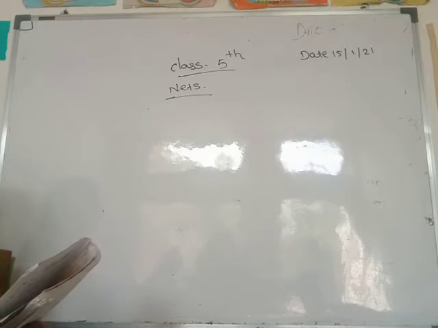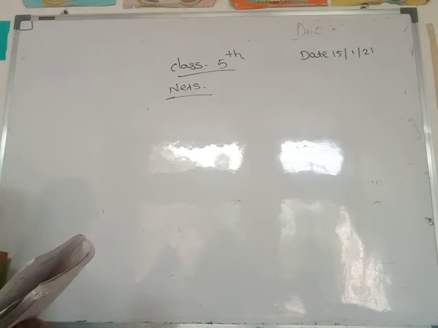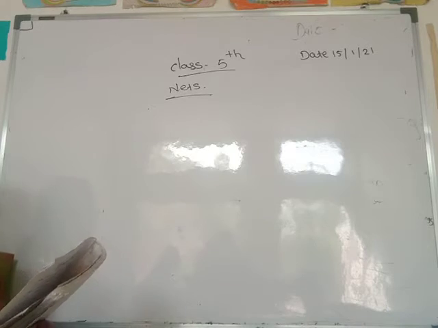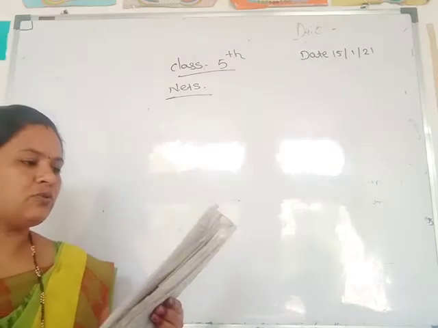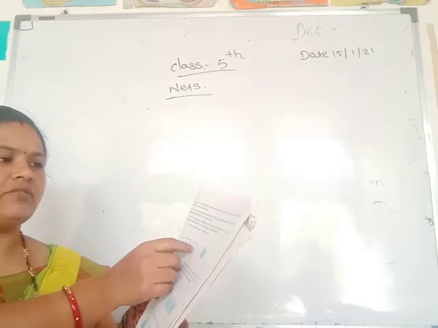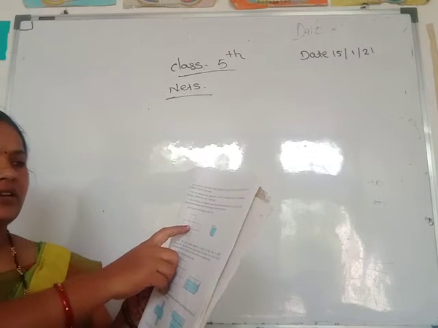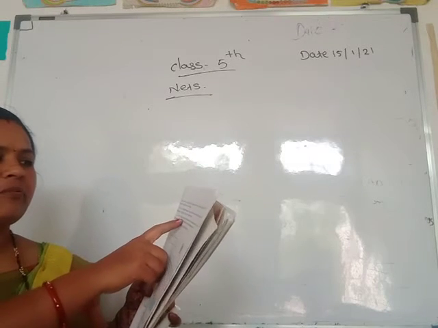The two-dimensional shape from which a three-dimensional object can be made by folding is called the net of that object. See here, this two-dimensional shape from which a three-dimensional object can be made by folding it is called the net of that object. Means by folding this